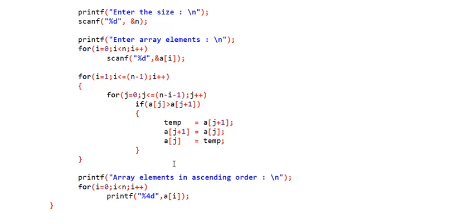Most important thing you have to remember is the whole logic is in these couple of lines. So 1, 2, 3, 4, 5, 6, these are the lines where the whole logic is implemented. Before this logic we have the input statements, and after this logic we have the output statement. If you remember the input and output, that is very simple. What you have to remember is only these few lines where the whole bubble sort logic is implemented.